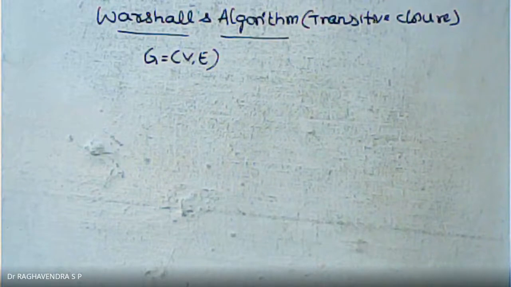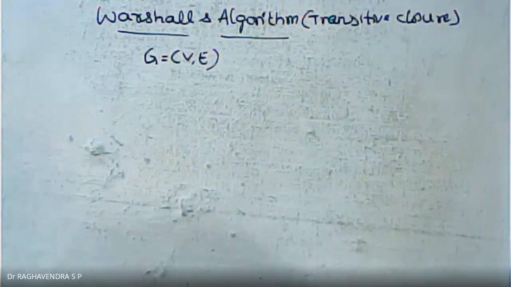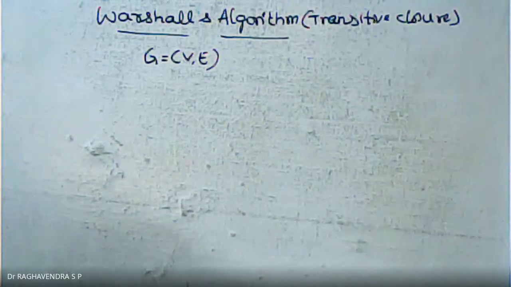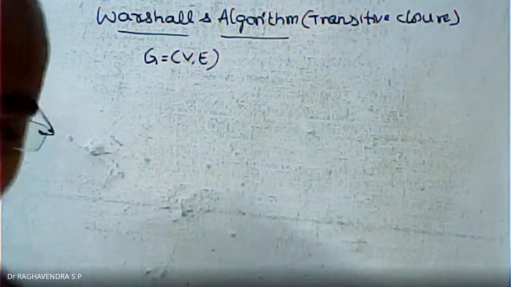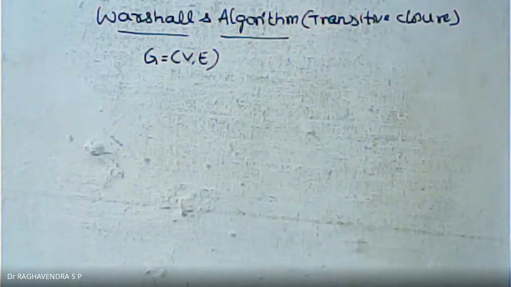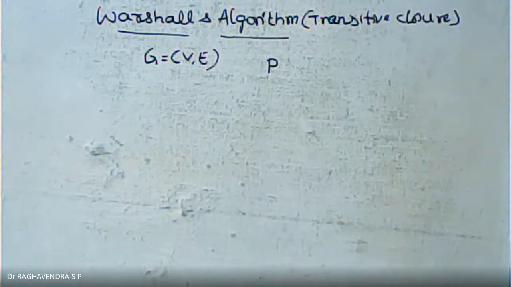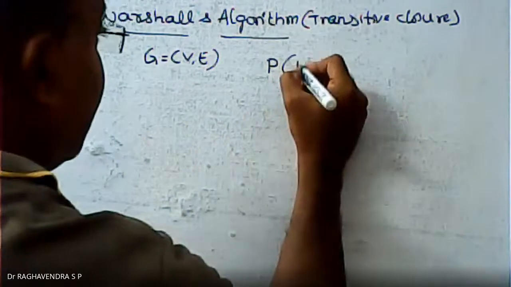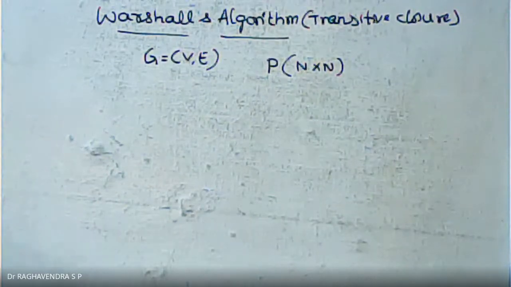Let n, capital N, be the number of vertices in graph G. The matrix P, of size n cross n, whose elements are given by